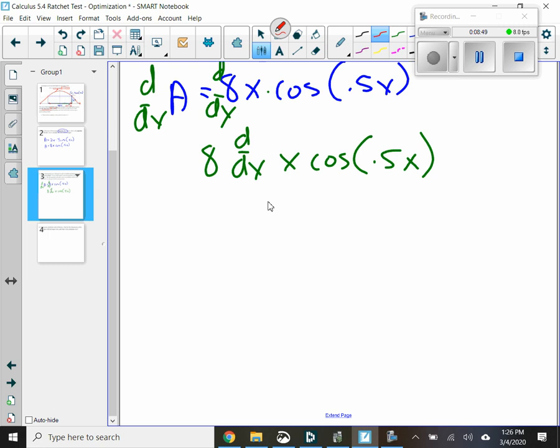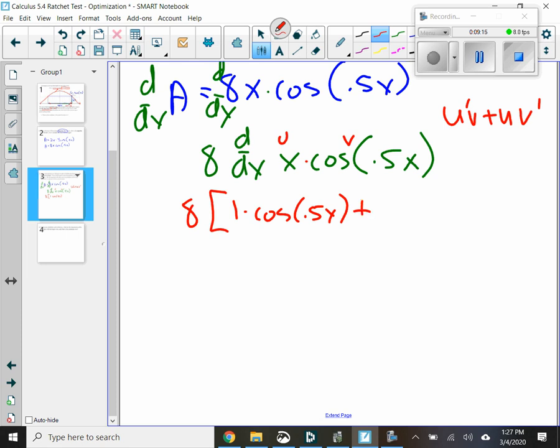So with the product rule, u prime v plus u v prime, I got u prime, which is 1, times cosine 0.5x